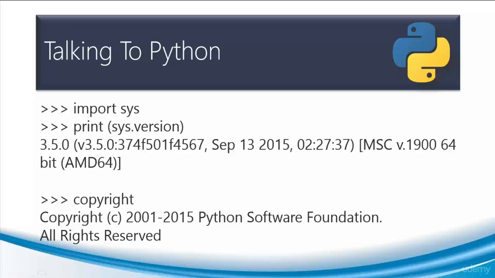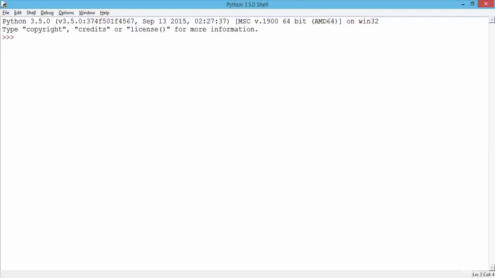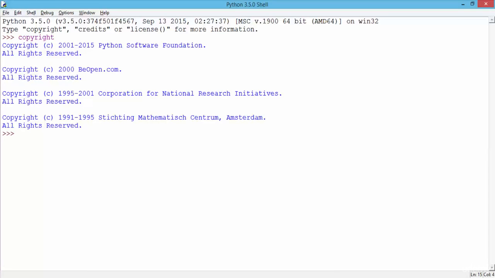Okay, let me in fact demonstrate. So I'm going to switch to the Python application here. So here's my Python shell, which, again, I'll explain in subsequent lessons, but for right now, once you install Python, you open up the actual Python shell, and this is what you're going to see. And the cursor is blinking. In other words, Python is now waiting for my command. So for instance, if I were to, as a first example, just type copyright, okay, and hit enter on my keyboard, I'll get the copyright results for Python. Similarly, I can type credits or license for more information if need be.